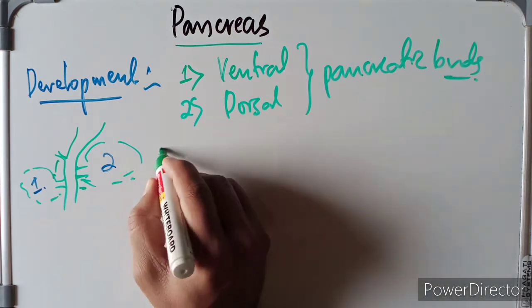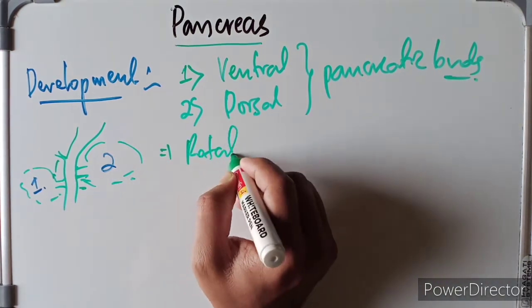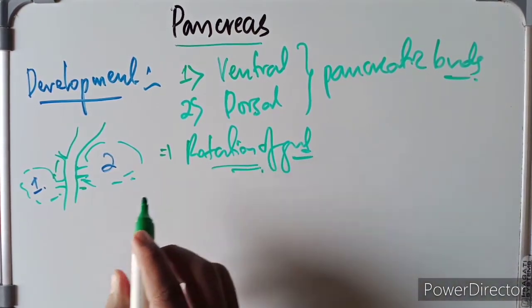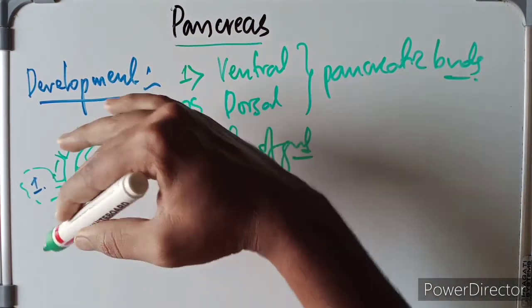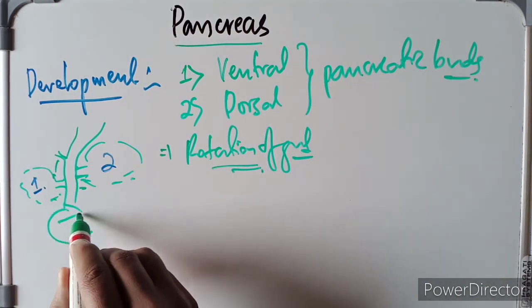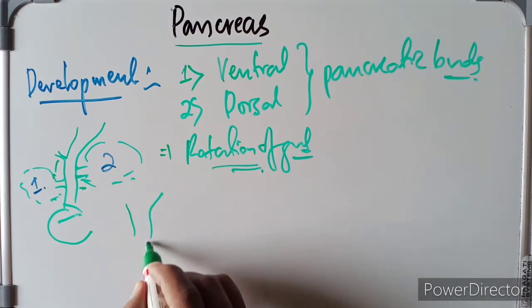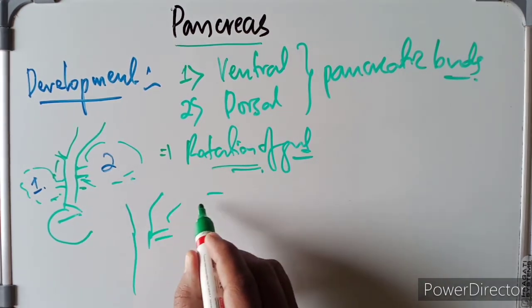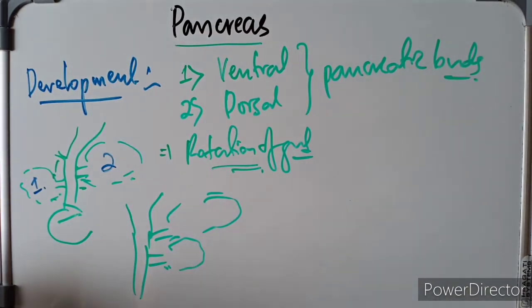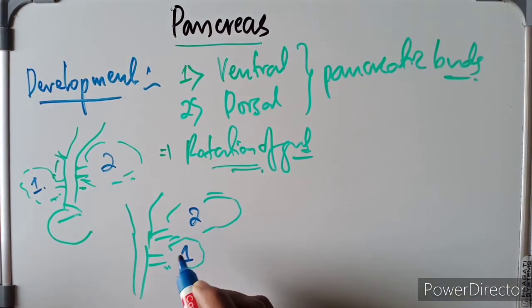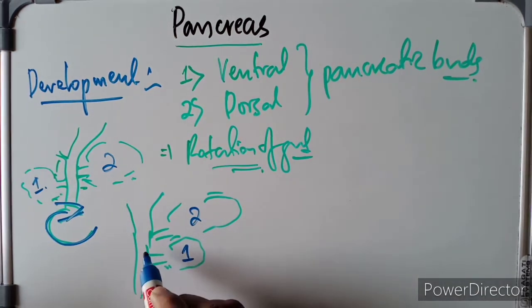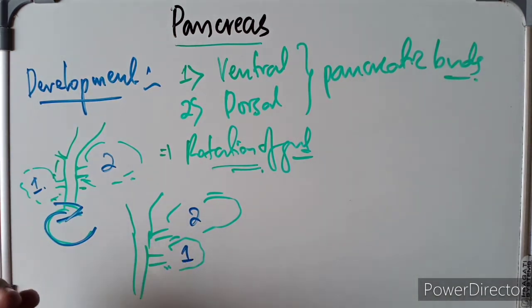What happens following the rotation of the gut during fetal development? Following the rotation of the gut, the ventral pancreatic bud will come along the posterior side. It will rotate like this and come to the same side. Here we have the dorsal pancreatic bud and here we have the ventral pancreatic bud. Following the rotation of the gut, the ventral will come towards the dorsal,